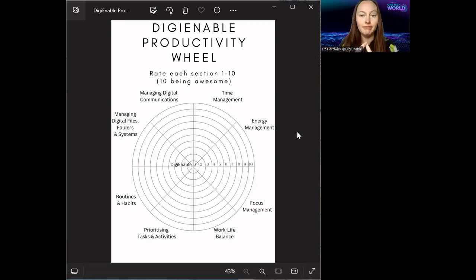So time management, energy management, focus management, work-life balance, prioritizing tasks and activities, routines and habits, managing digital files, folders and systems, and managing digital